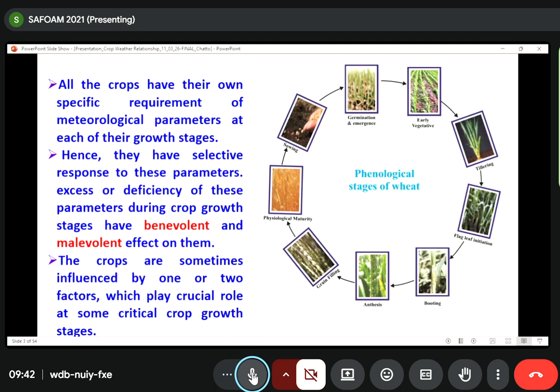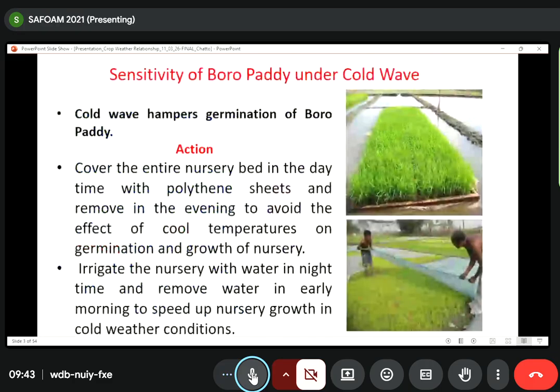So I'll discuss some selective crops, and also in general, how the solar radiation, the air temperature, and the soil temperature are affecting, maybe in the flowering stage, or maybe in the active vegetative stage. Before going to the individual parameter sensitivity for the selective crops, you see here that during the winter time